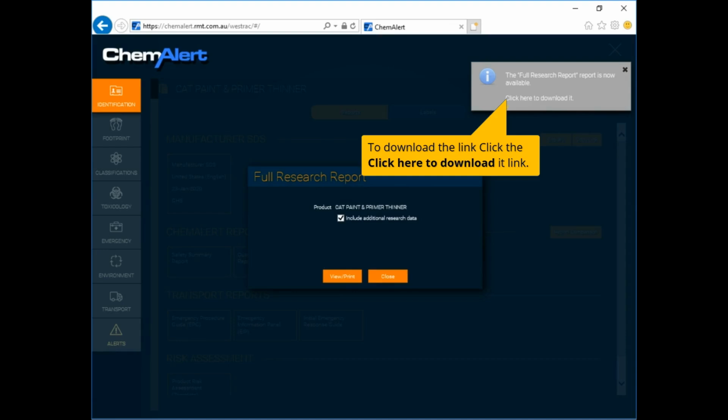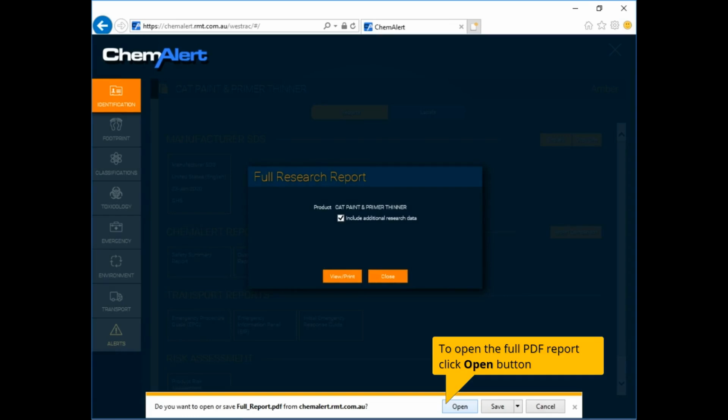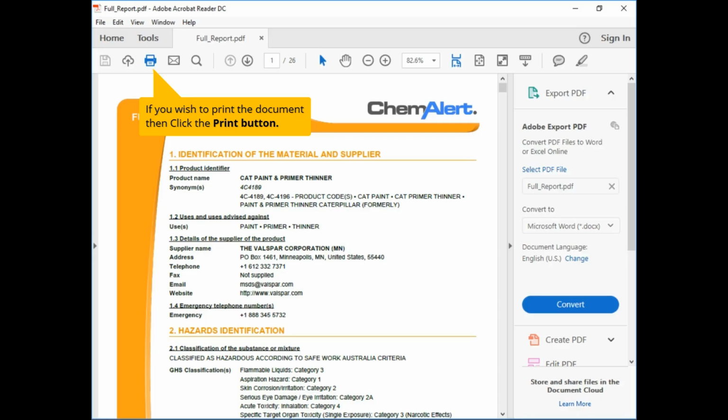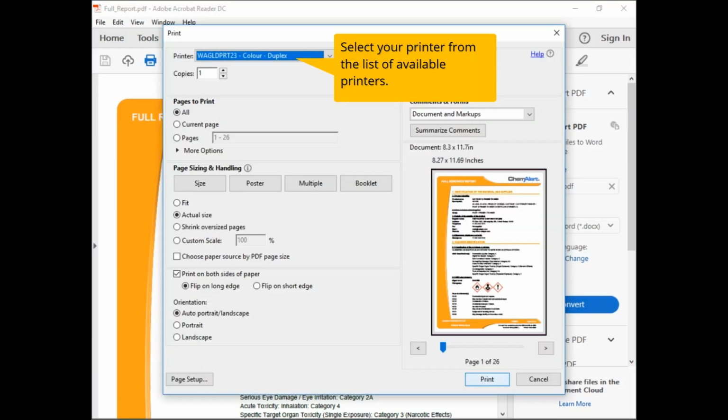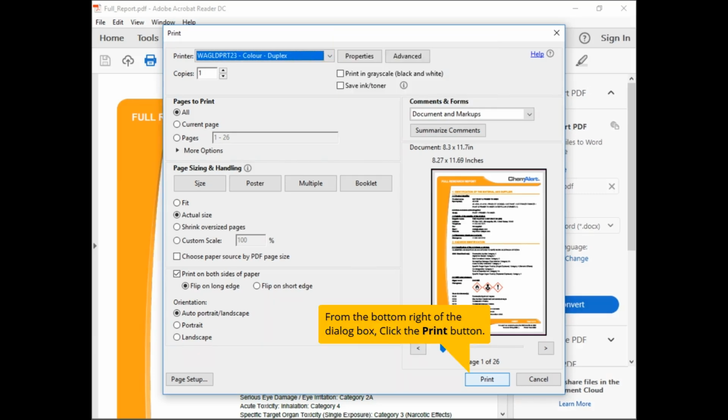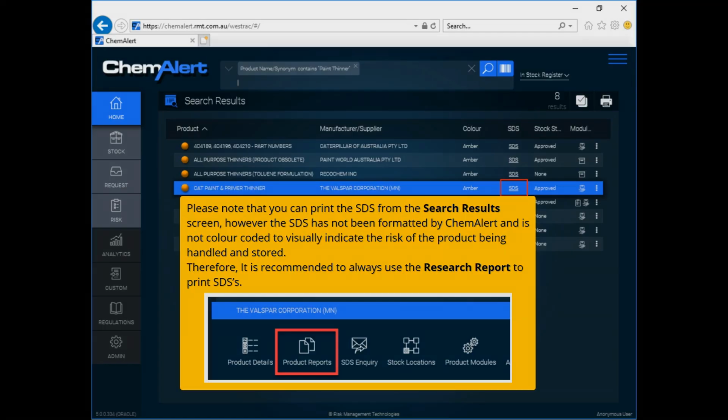Click the Click Here to download it link. To open the full PDF report, click the Open button. If you wish to print the document, then click the Print button. Select your printer from the list of available printers. From the bottom right of the dialog box, click the Print button. Please note,